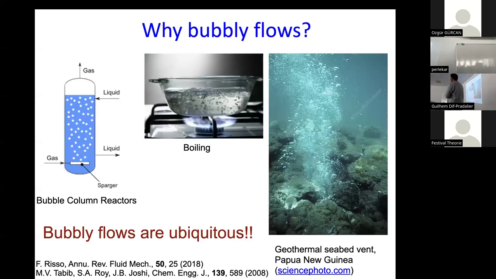The problem that we are interested in is very simple. There are industrial applications, like the bubble column reactor, but the application which should interest you a lot is this: every day in the morning, you wake up, you take a pot of water, you start to boil it, and immediately bubbles start rising through the system. You could ask yourself the following question: is it good to have bubbles, or is it bad to have bubbles? You could ask whether bubbles enhance energy transfer, whether heat transfer, whether the presence of bubbles enhances mixing. How do all these things happen?